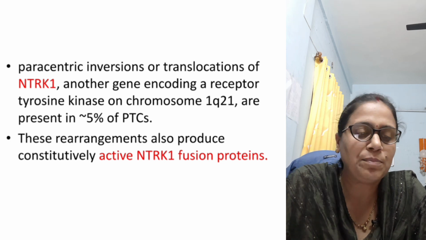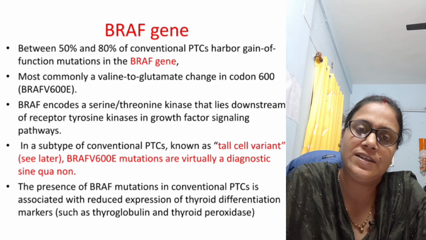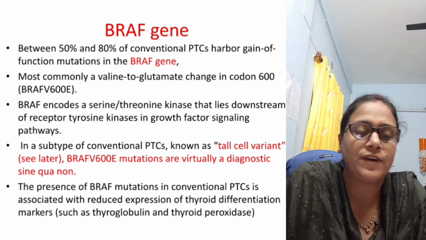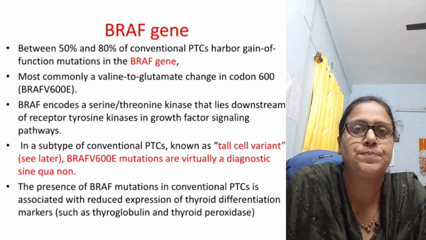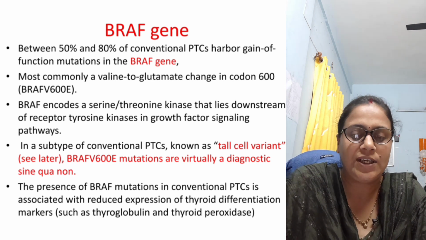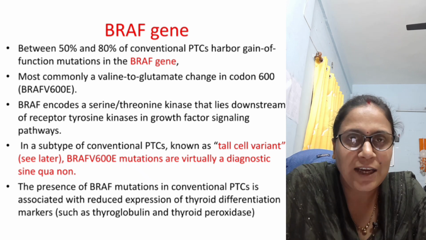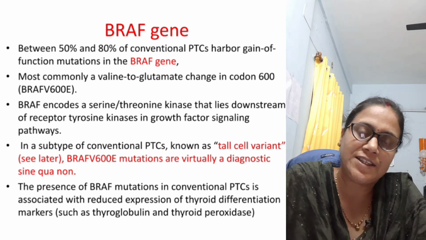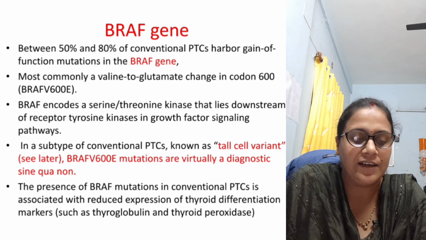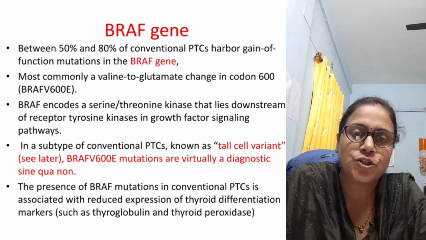The other gene is the BRAF gene. Between 50 to 80% of PTCs harbor a gain of function mutation in the BRAF gene. Most commonly, a valine to glutamate change in codon 600 is noted. In a subtype of the conventional PTC known as the tall cell variant, BRAF V600E mutations are virtually